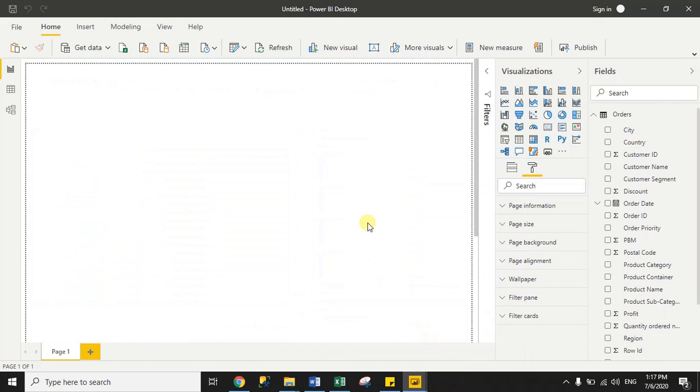This is my Power BI blank report page and orders is my dataset. We will complete this activity in two parts. First one is we will assign unique index to each rows, and second one is we will create one duplicate dataset, and then we will unpivot the columns for reason, product category and product subcategory. So let's start. Under home tab we have this icon. Click to down arrow icon. Here we have transform data option.